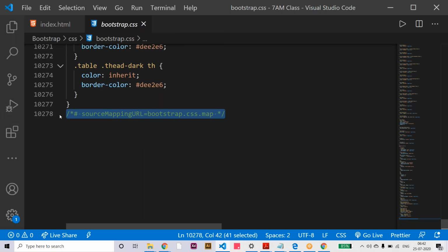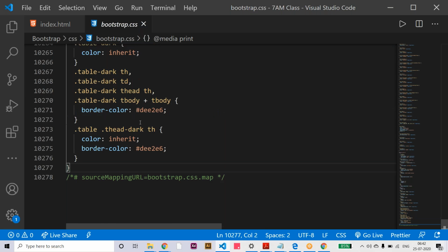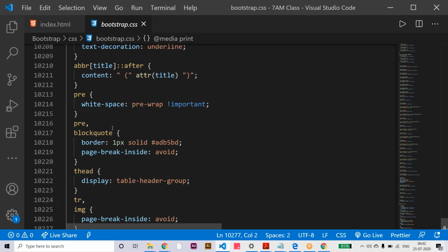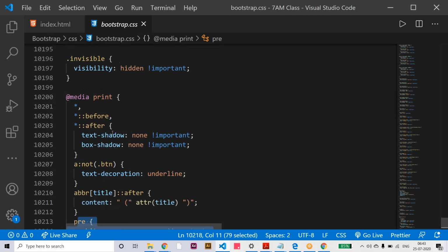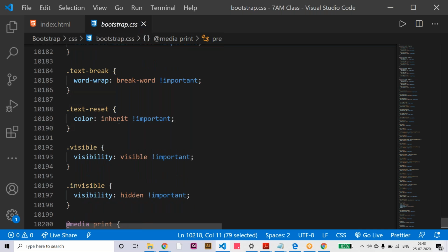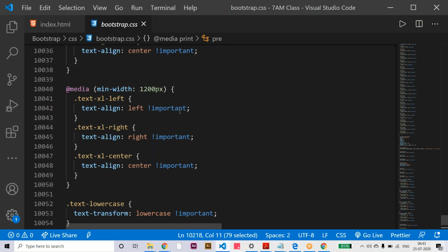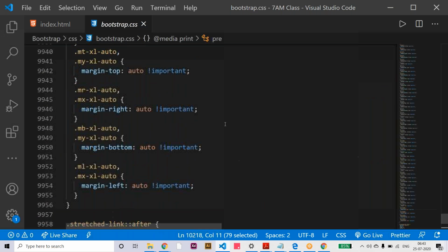Around 10,278 lines of CSS. Here we have the different classes, user-defined classes, and selectors like HTML. For responsive purposes there is a lot of CSS. It's very difficult to remember all the classes, right?